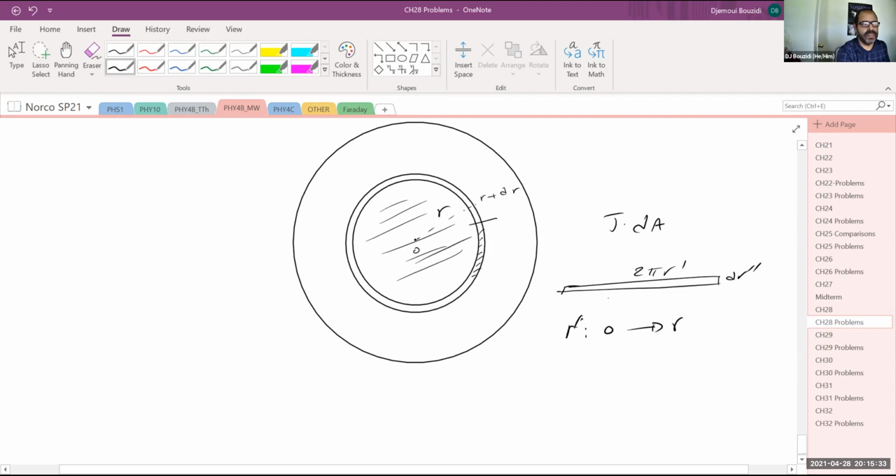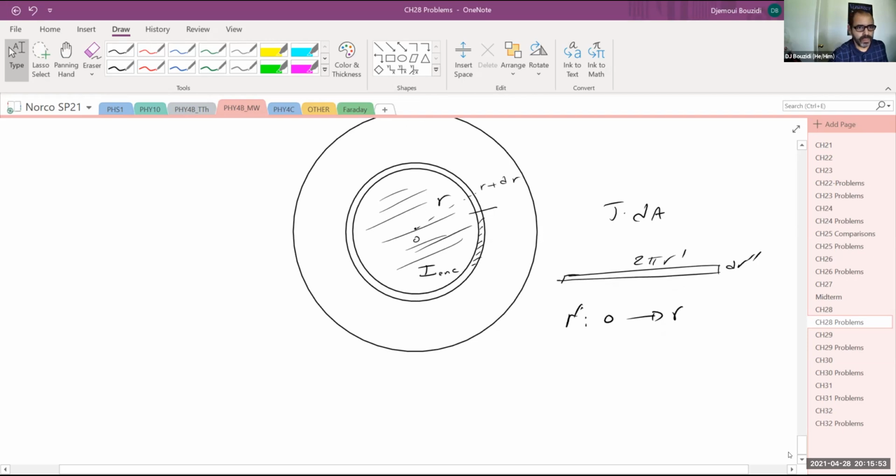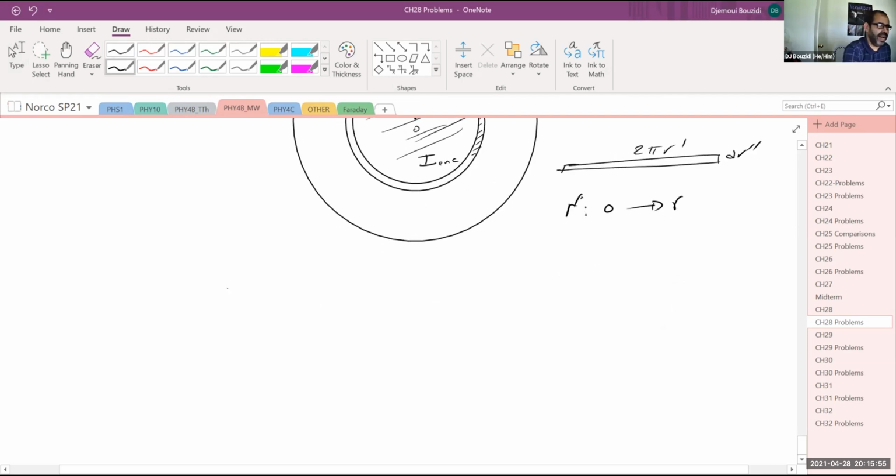We want to find the current I enclosed in this area only, so it's J times dA integrated from 0 to r. So this current I, for any r less than A,